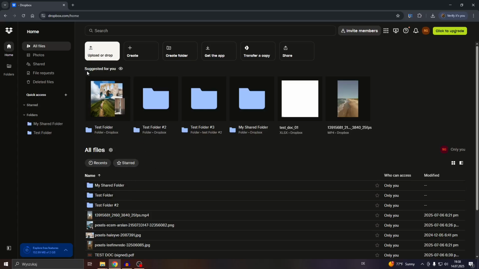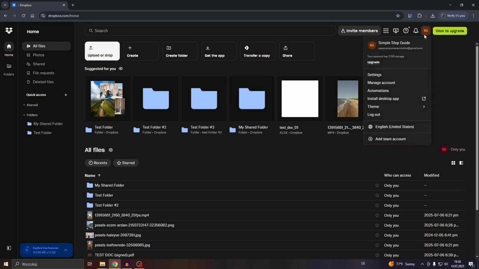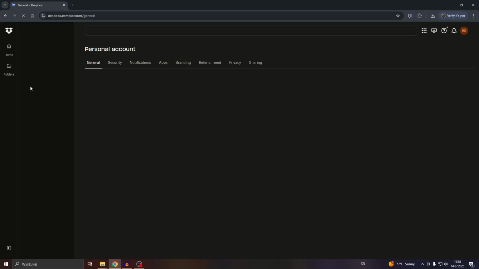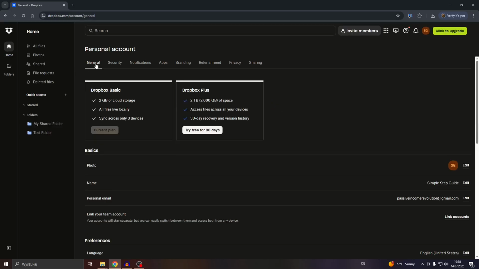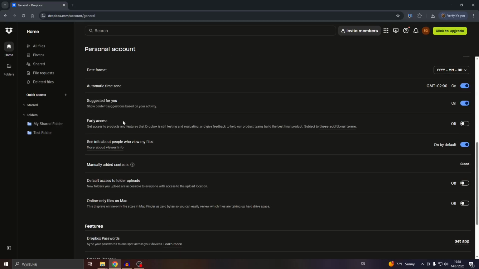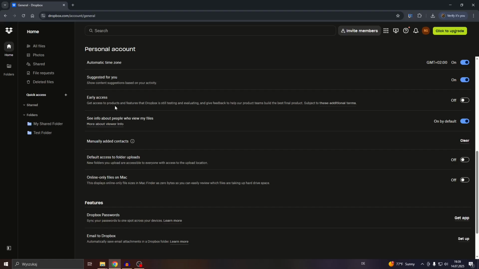So what you want to do, guys, really quickly to not waste your time is simply head over to dropbox.com, and after that click on that profile icon in the top right corner to access your account settings, and from the drop-down menu select settings here, and inside your account settings make sure that you switch to the general tab, and here in the general tab scroll all the way down till you get to the personal account settings here